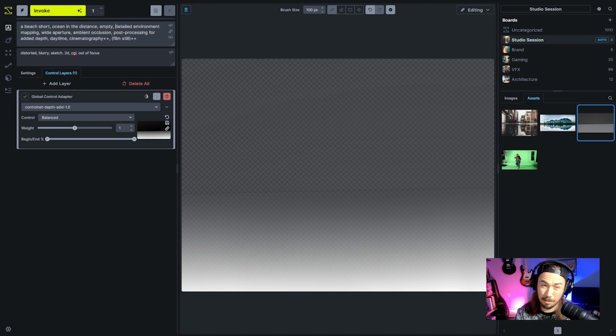Now I'm going to give you some reasons why the beach shore is going to be a little bit hard. Dunes. Okay, somebody said dunes. Ocean in the distance. I don't really know that this is the right format for dunes, because it's kind of flat, but we'll see what it comes up with. I'm going to loosen the weight here, just to give it a little bit more freedom,